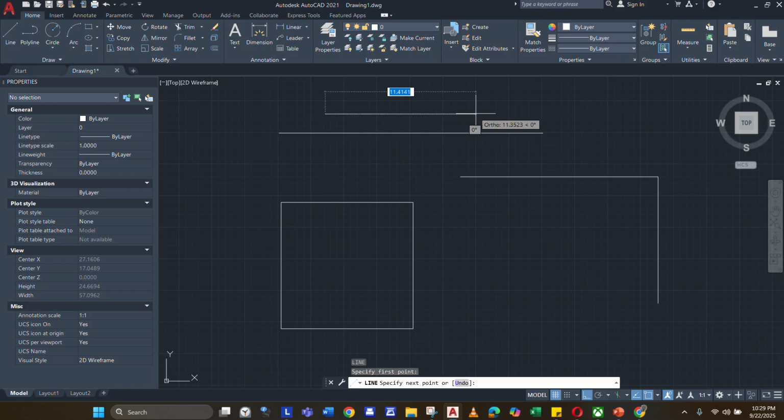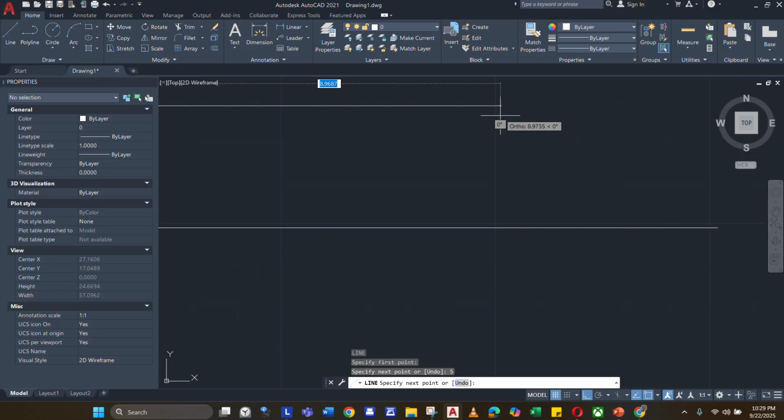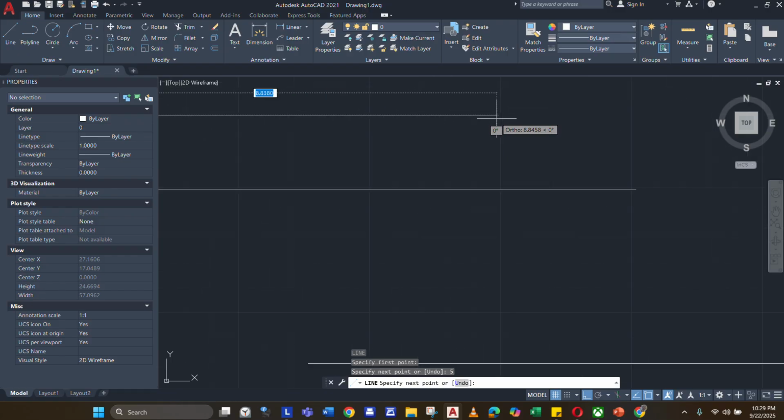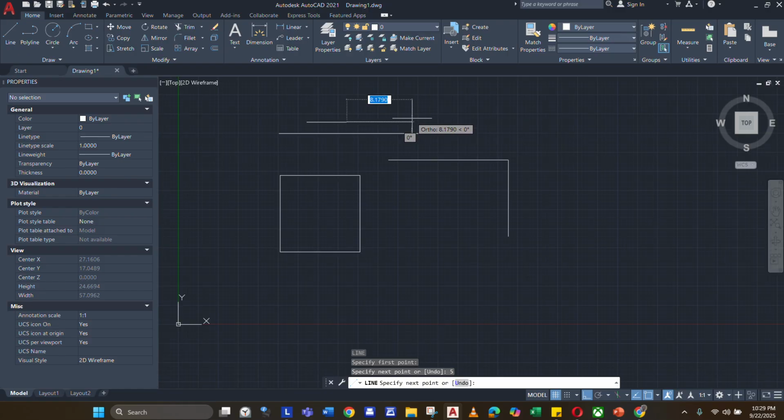Like this, I'm gonna use the L command. I'm gonna type the L and then click on that. Let's say I'm gonna do a 5. I'm so sorry for my mouse, guys. It's a little bit unstable. Okay, I just clicked 5. And so I want another line, another 5, then another line, 5.